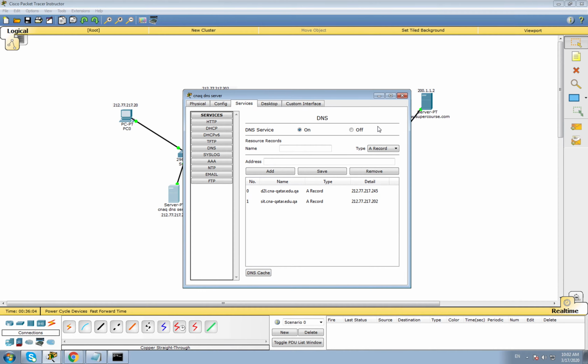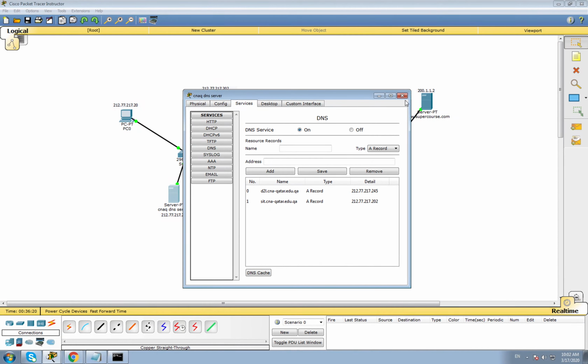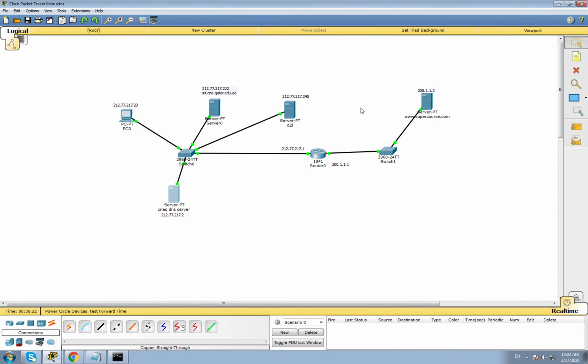Now, this is a bit more complicated than what I want to cover in this video. But if you read through here, you'll find out about these things called databases for things known as start of authority. Certainly feel free to go off and look at this, but it's nothing I'm going to cover here in this particular video because it's a little bit beyond. DNS stuff, this is enough to take probably a few lectures, and that's only after you're comfortable with all the other things. So nothing that we're going to do here right now,